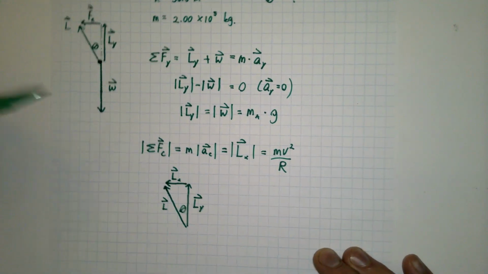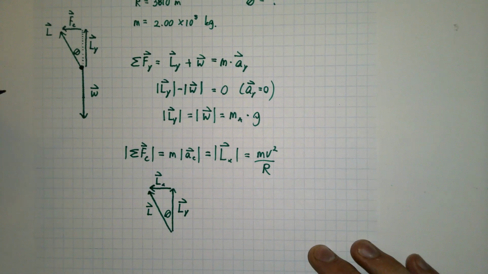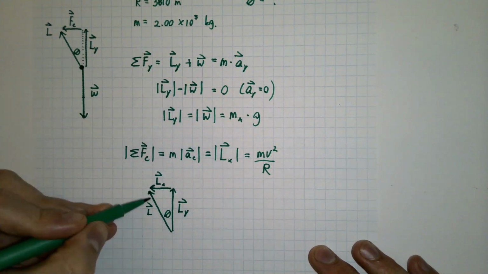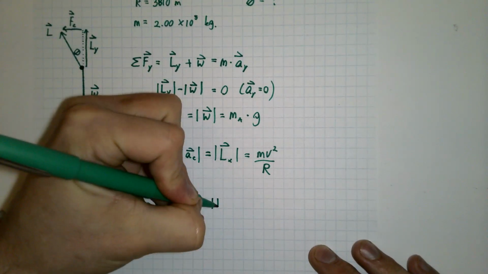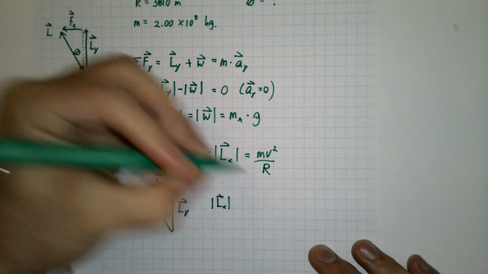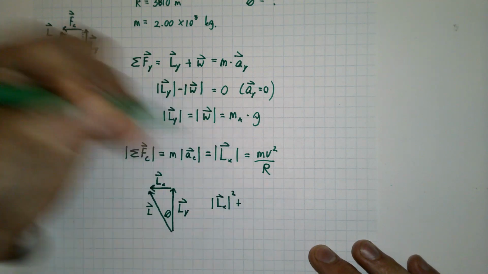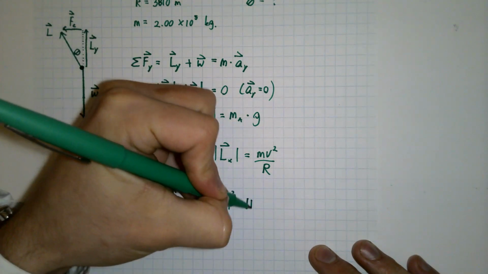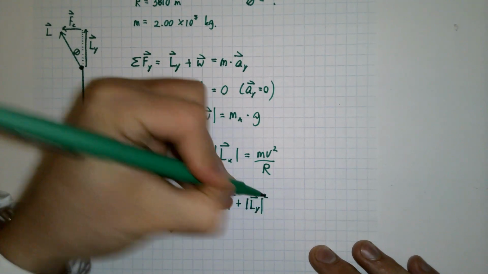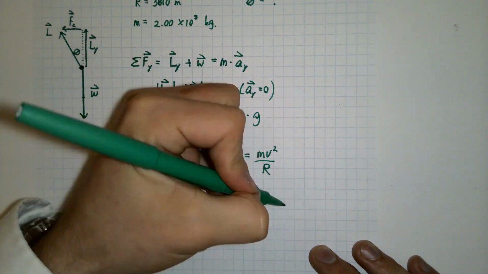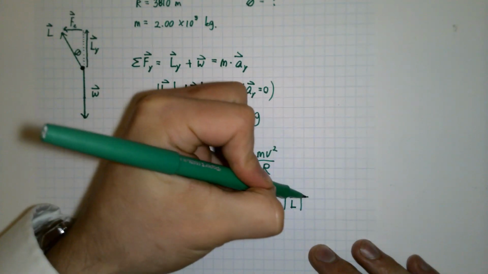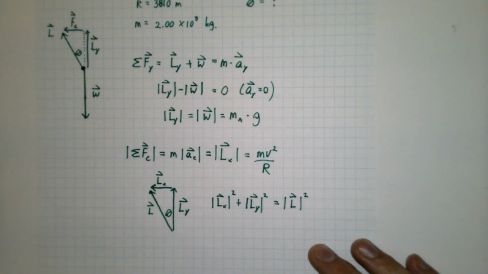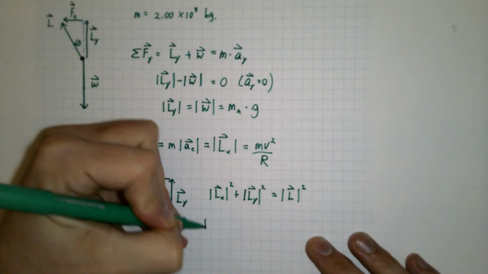Together we can find the lift by relating them to each other using the Pythagorean theorem, if we want to find the magnitude of the lift. We know that this is the hypotenuse of our vector triangle here. If we take the square of the magnitude of the lift in x, or the centripetal lift, plus the square of the lift in y, that should equal the square of our lift, or the resultant of these two vectors. So we need to take the square root of these two